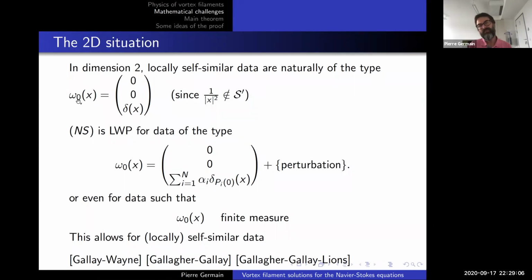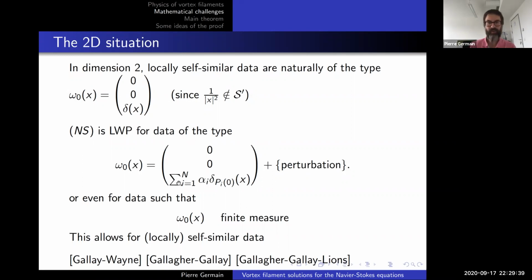That's basically the only reasonable way you can be self-similar, because if you think of 1 over x squared, this has the good scaling, but this is not a distribution. I guess you could think of even more complicated objects, but basically the only interesting self-similar objects in 2D are given by delta functions. And it has been shown that Navier-Stokes is locally well posed for data of this type,